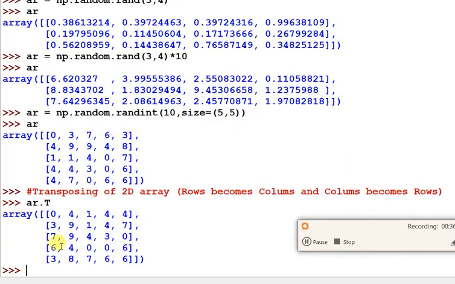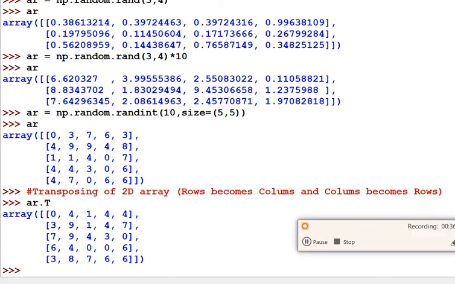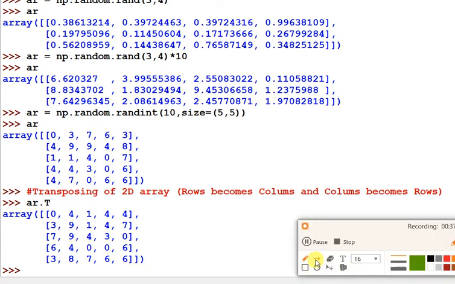in Python. Suppose this two dimension array has been created, and you want to access this 4. What is the index of this 4?